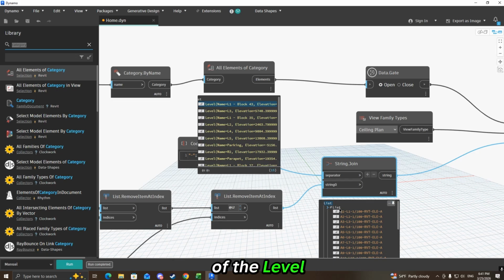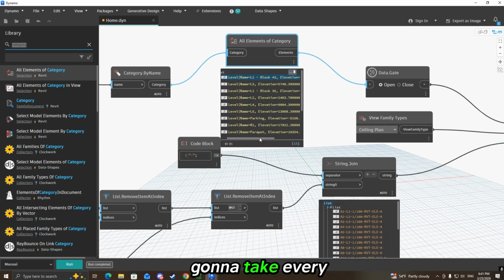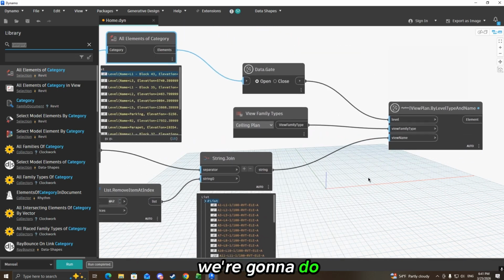So the elements of level 3 are this one big list. Here it's going to take every one of these. Index 0 will be put on index 0, but it will be on index 0 of this level 3 list. So it's applied to all of the drawings. That's why the levels are the same. So what we're going to do is go here, view name, and tell it to use level 2. Now if we run it again,